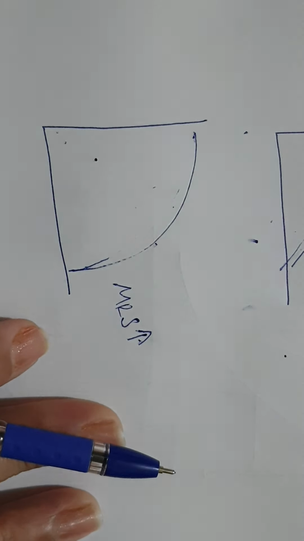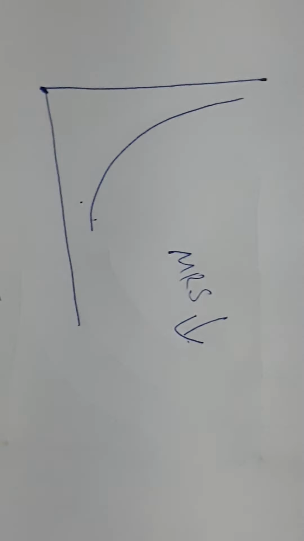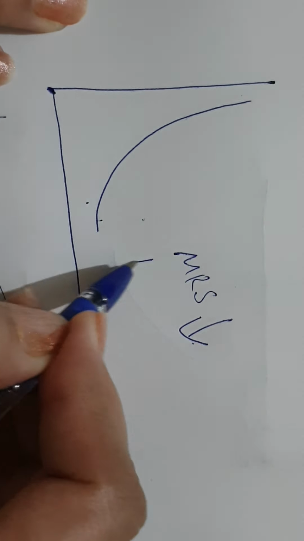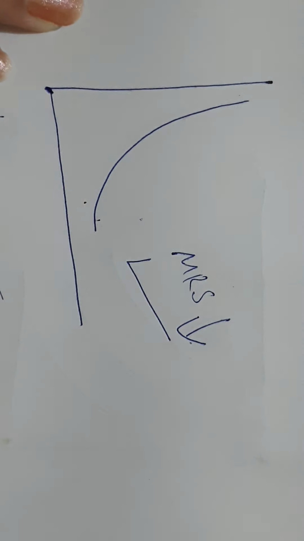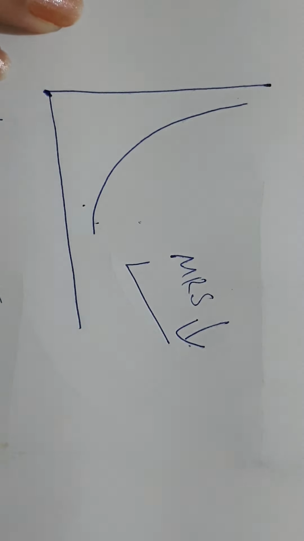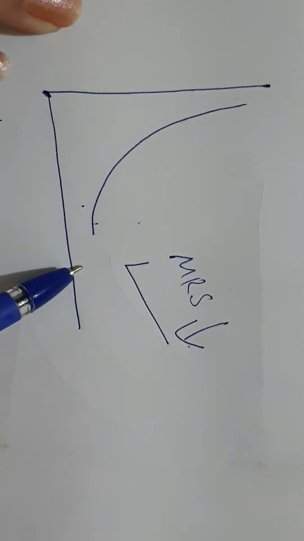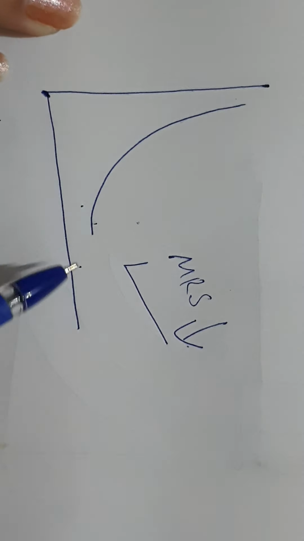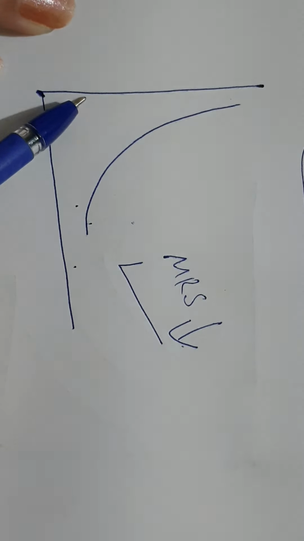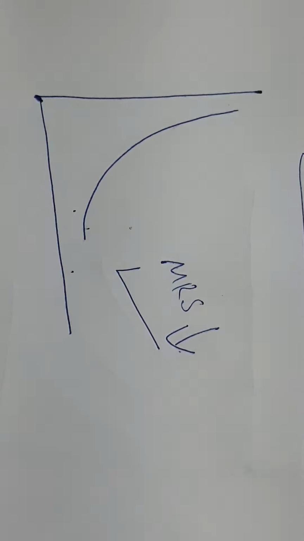So the actual shape of the indifference curve we assume is this. Only in exceptional cases the shape may be different, otherwise this is the original shape of the indifference curve. So it is negatively sloped, it is convex to origin. These are the two properties we were talking about. Next is